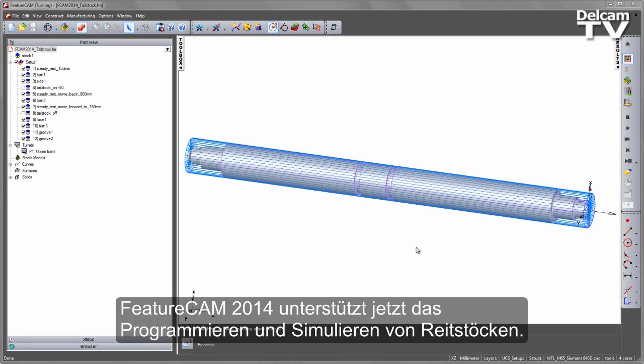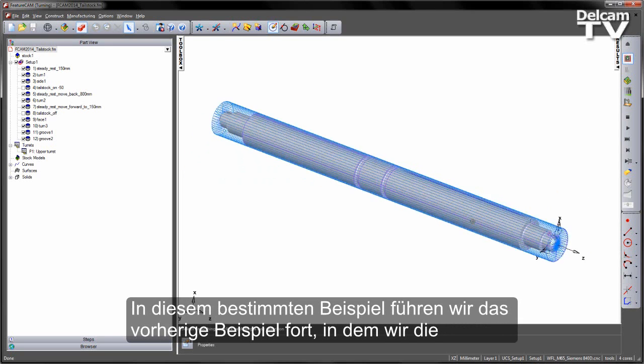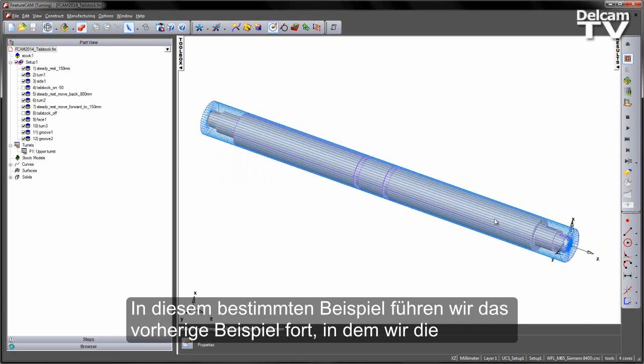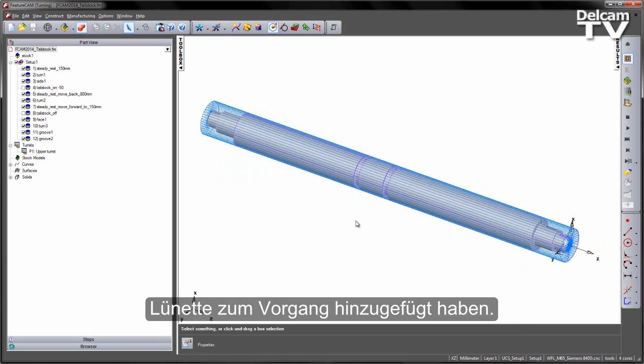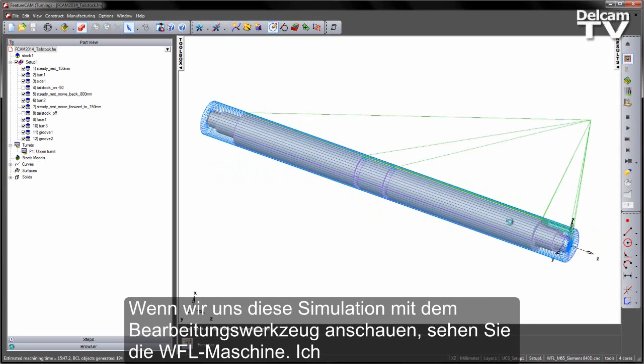FeatureCam 2014 now supports the programming and simulation of tailstocks. In this particular example, we're leading on from the previous example where we added the steady rest to this process. If we look at this as a simulation on the machine tool,